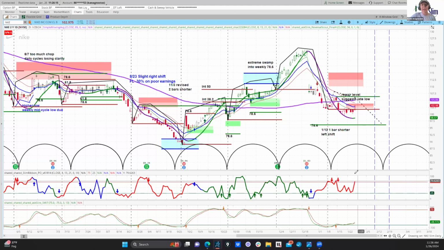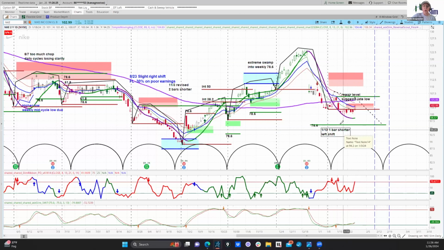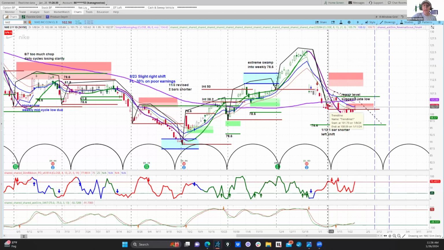Now, there are a couple things to pay attention to here. Look at these notes that RV put in. These are important to pay attention to. There was an adjustment to this cycle earlier this month, making it 1 bar shorter on this presumptive low. He also put in a repair level at the current cycle peak. If we got through that level, it would suggest that this is the low of the prior cycle instead of this earlier one. And that would not change our bearish bias.